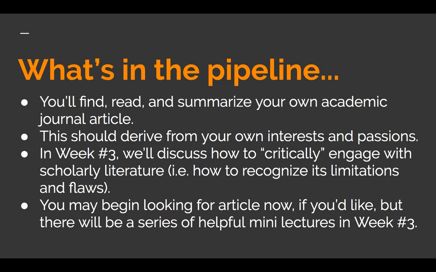And in week number 3, we're going to discuss how to critically engage with scholarly literature. So I've already told you that it's flawed, that it's not always what it appears to be. So we need to be able to have a toolkit to reach into to identify those limitations and flaws. And limitations is not necessarily meant to be a negative. There are limitations to all research. There is no perfect study. There is no perfect research project. By virtue of economic conditions and practical conditions and human conditions, we can't conduct perfect studies. And so by virtue of that, all research is to some degree limited. We just need to be able to understand that, recognize that, make sense of that, and use that as a way of contextualizing what we're reading.